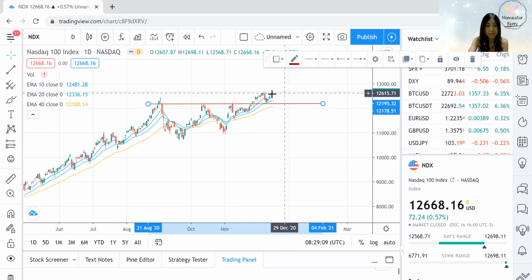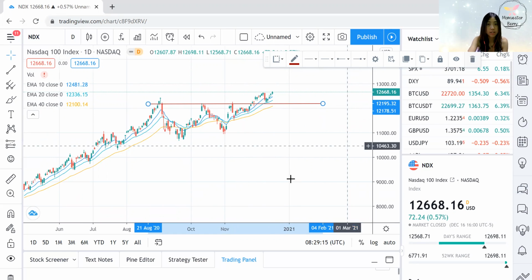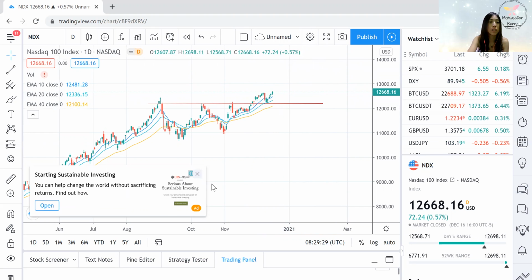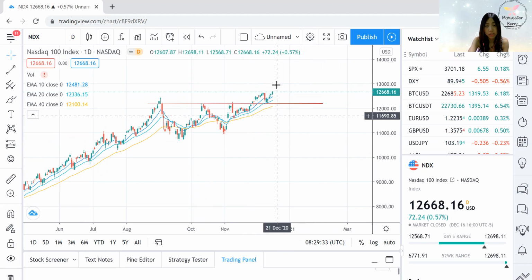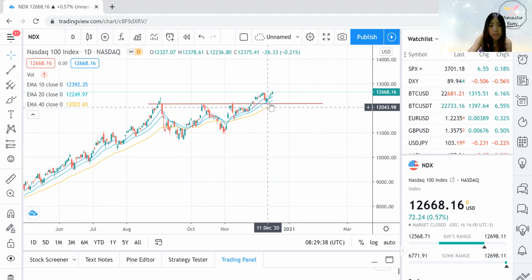That's my personal view on Nasdaq, right? So we shall see how far it can go. Then who knows, this can be the next support. Maybe it bounces up, down, down, up, down, then moves up again. I don't know how it moves, but generally I think this support line is pretty clear. The support is actually at around